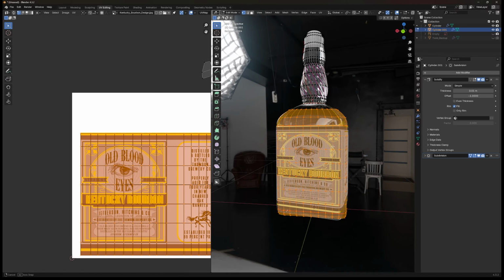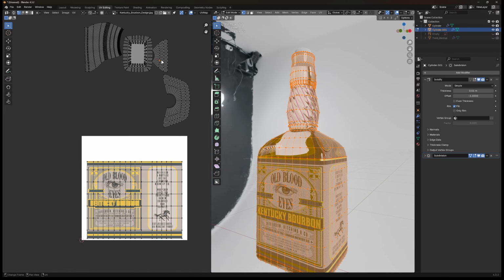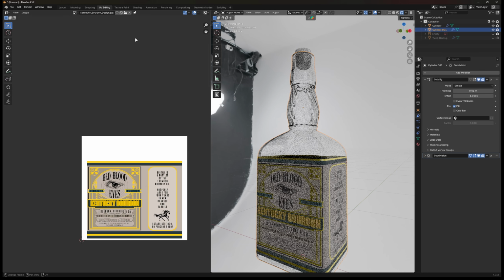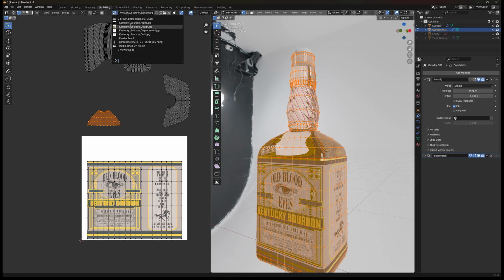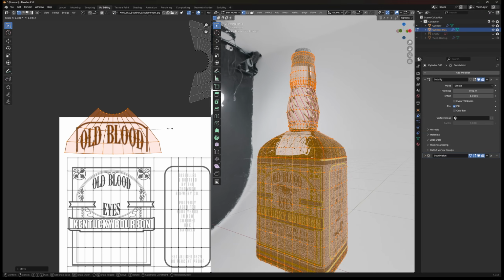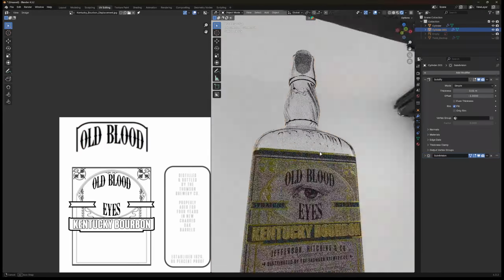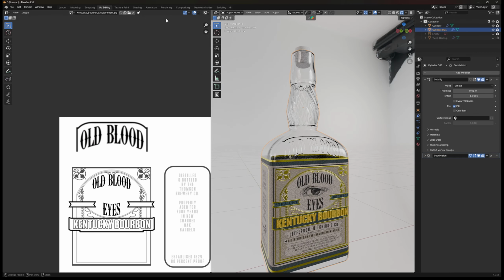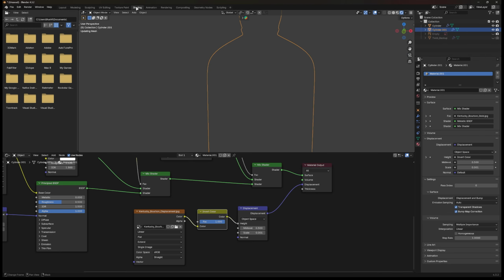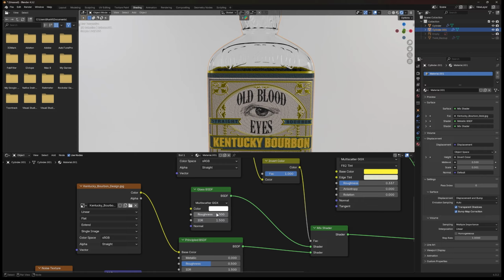and place the other UV that we have left behind. Select this triangle UV here, which is the front of the bottle body, and move it to the image. Oh, and change the image to displacement 2 on the top here, and then place it to fit with the image. Now we could change the color on the glass BSDF node to be darker.